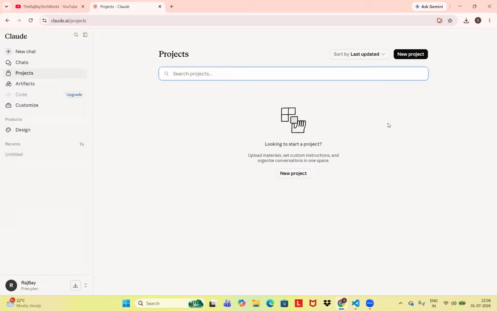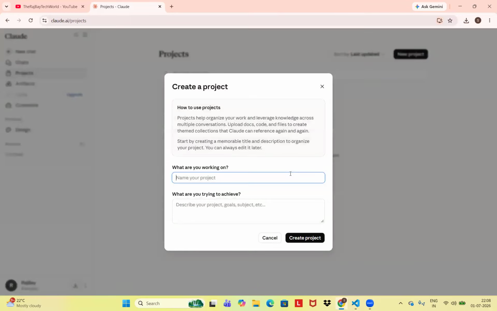And now I'm creating one new project. What are you working on? So my project, I will say QA best practices. In this project, I'm going to ask more questions, so I'll keep it like this. QA best practices